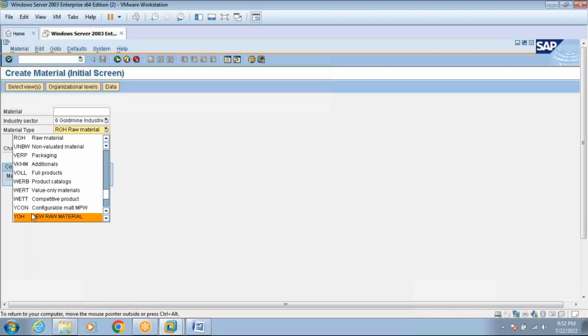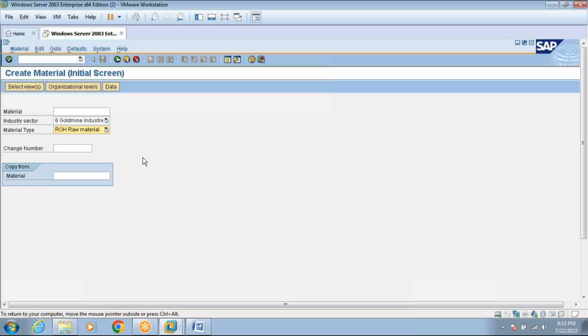Rajesh and Prakash, right? So here ROH we change to YOH. This is called a Z type transaction. Z type means it will start with either Y or Z. Or you can also change it to ZOH instead of ROH, new material. YOH, ZOH, it will always start with either Y or Z, the first character. That is called Z type.